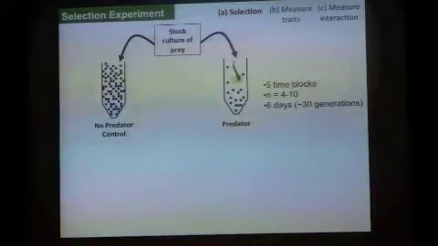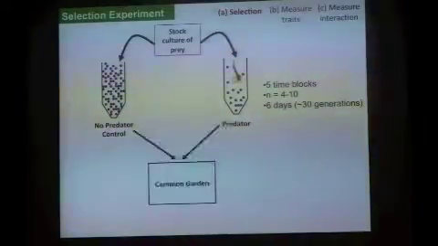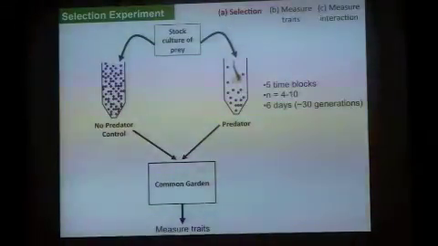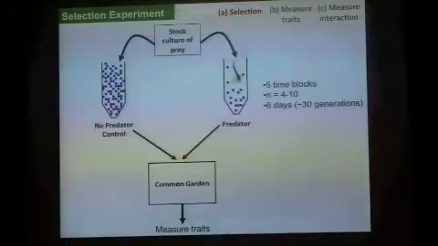So that's around 30 generations. So a generation time in these is somewhere between 4 and 8 hours, so roughly 6 hours. So we're getting about 30 generations of evolution in there. And then we throw them in a common garden with the idea that if you just measure traits in this treatment and this treatment, it could be due to evolutionary change, but it also could be due to some phenotypically plastic response too. And so if we take organisms out of these treatments, put them in some common garden where they're experiencing the same environment, then we measure traits in that environment. And so then we know that any differences between treatments are due to evolutionary change and not a plastic response.